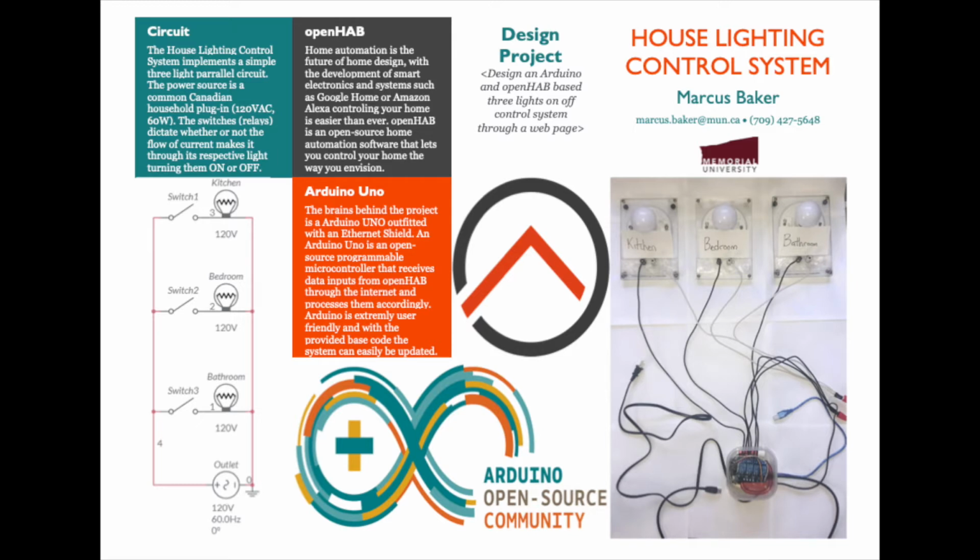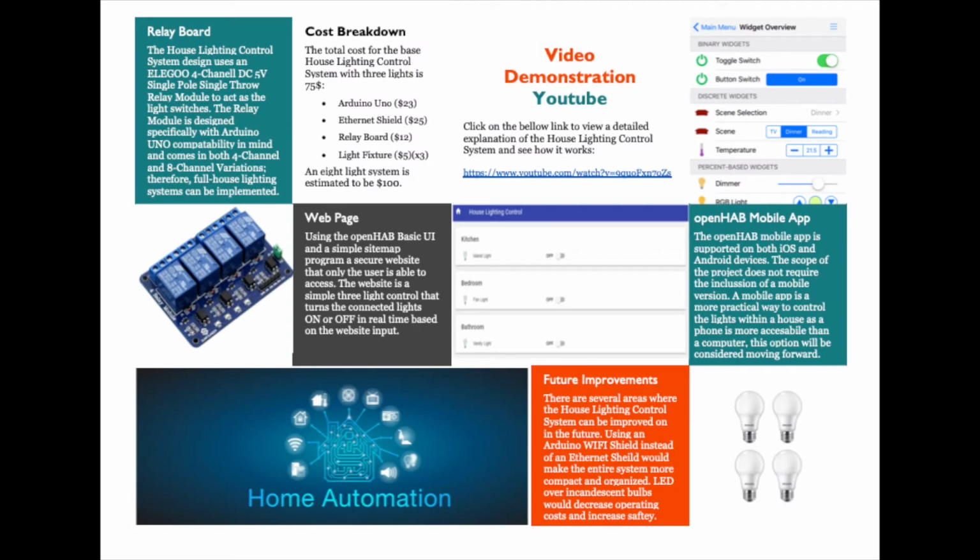Products such as the Amazon Alexa or Google Home have become widely popular over the past few years, and home automation is a trend that will only grow in the future. The house lighting control system is a good introduction to the world of self-home automation and has the potential for growth in several areas. The system combines home automation with the products already available within your home, eliminating the need